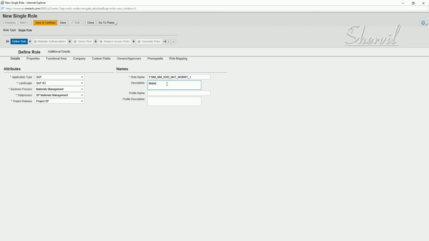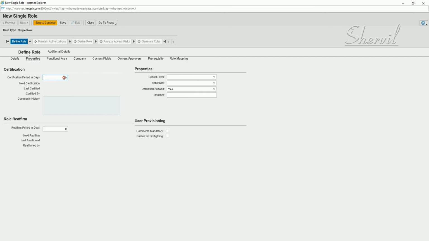So let's say materials management role 1. So we don't generate the profile name. Let's go and check the properties.